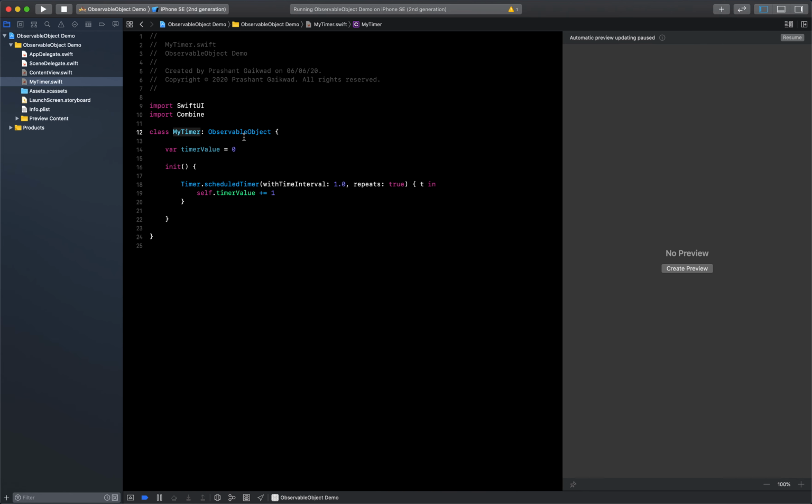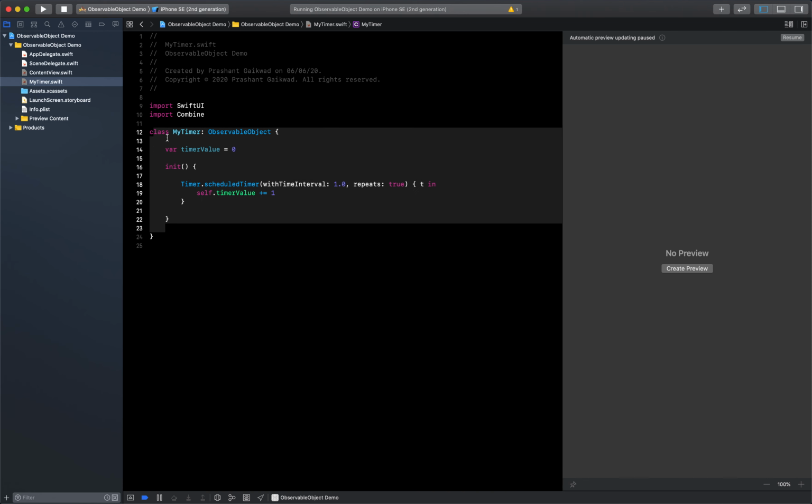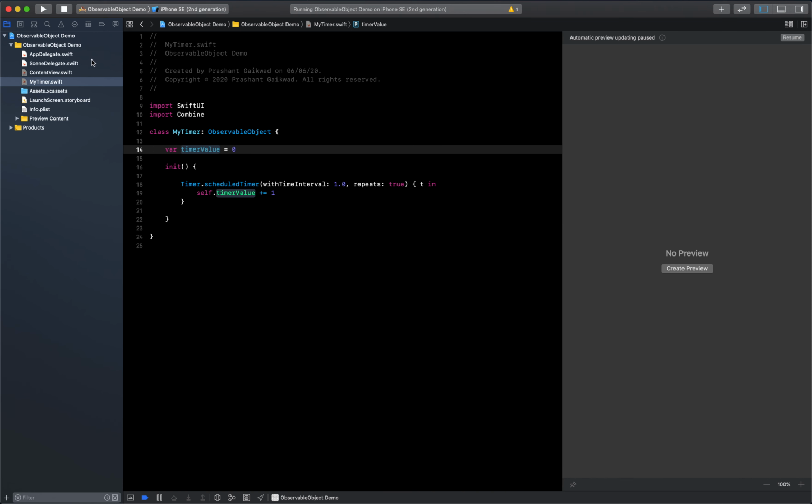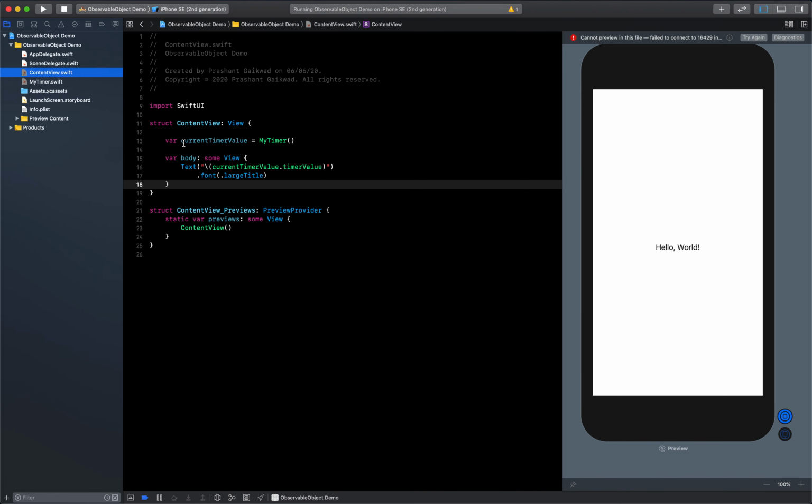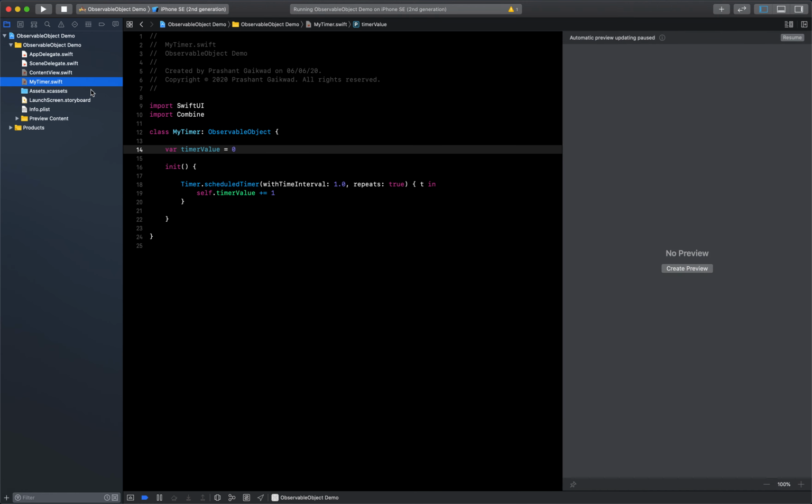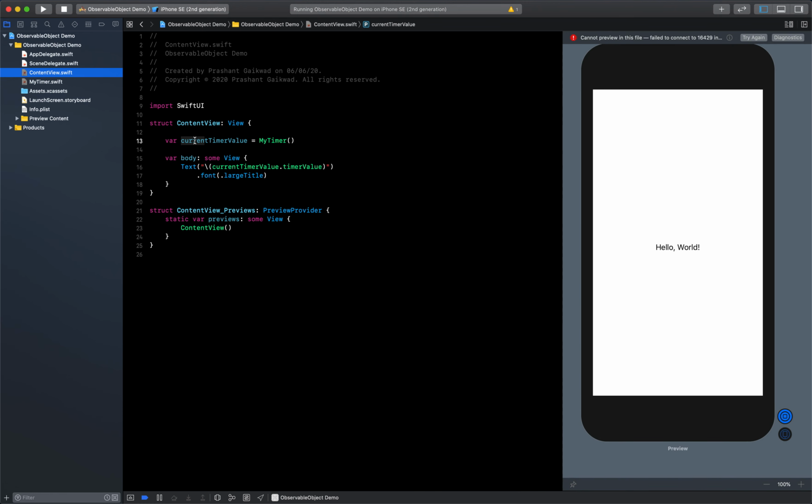So basically there are two concepts, publisher and subscriber. So this class is going to get a value, so it is going to be publishing the values, and this class is going to wait for the changes, so it is a subscriber. So as soon as this is going to publish the value, it will already be subscribed, and it will watch for the changes and it will update the view.